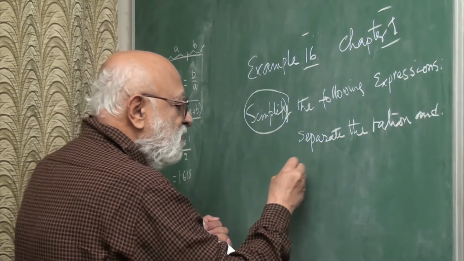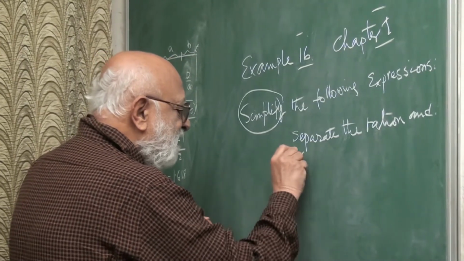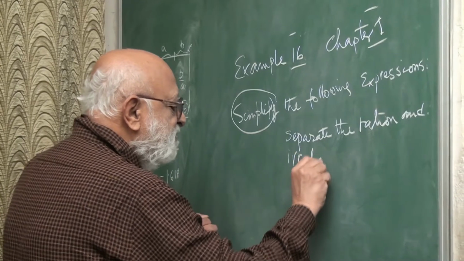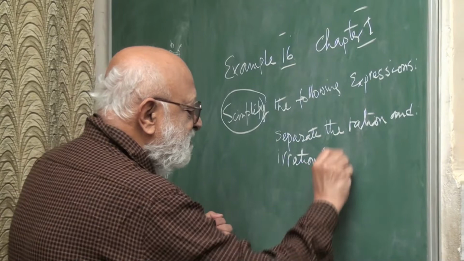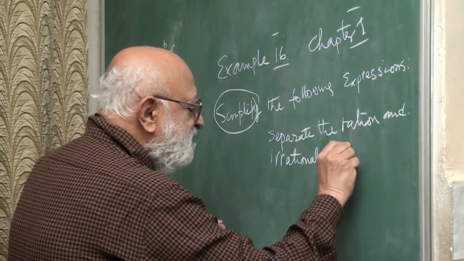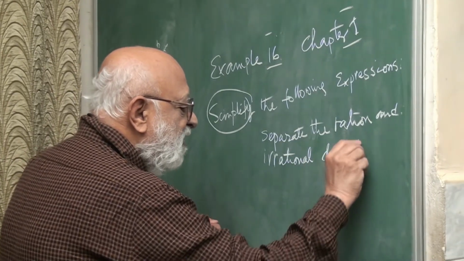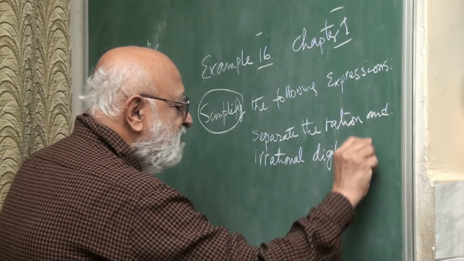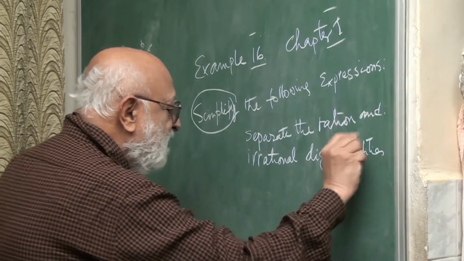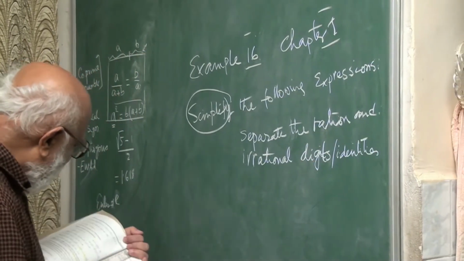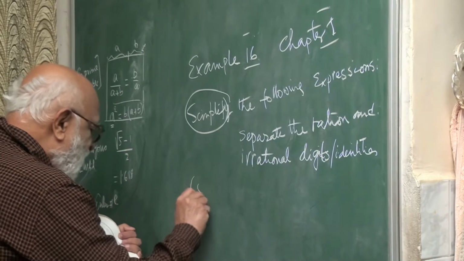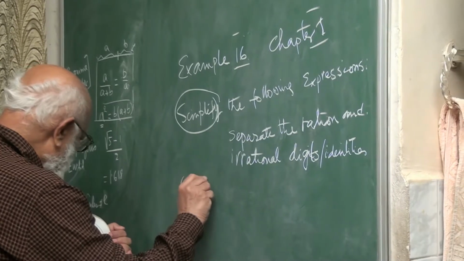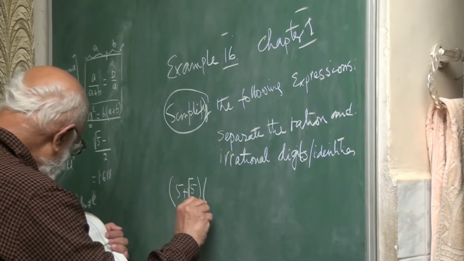Separate means separate the rational and irrational digits or identities. Okay. Now, when we do the first one, it says multiply 5 plus root 7 into